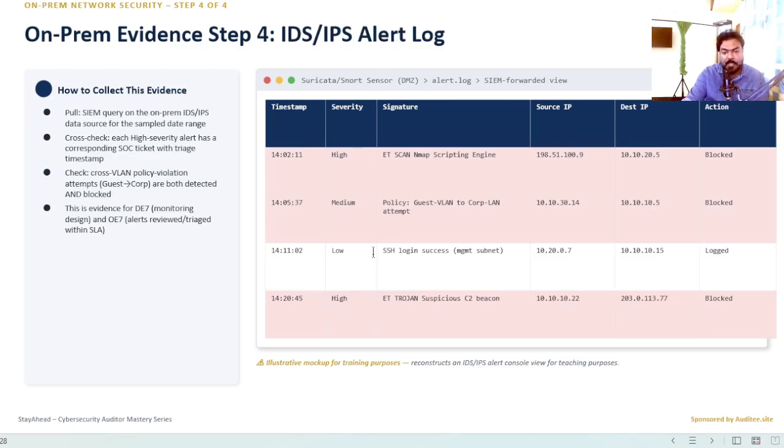On-prem evidence step 4, IDS IPS alert log. Last piece of on-prem evidence, the IDS or IPS alert log. Pull a SIEM query against your on-prem IDS or IPS data source for the sample date range and cross-check that every high severity alert has a corresponding SOC ticket with a triage timestamp. Specifically confirm that cross-VLAN policy violation attempts, guests trying to reach corp, are both detected and actually blocked,